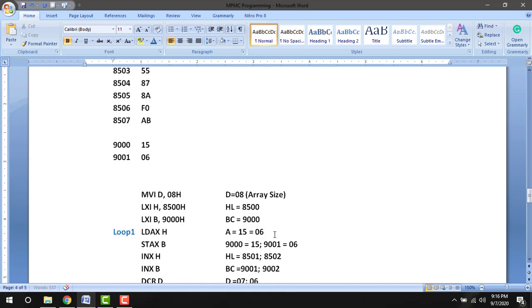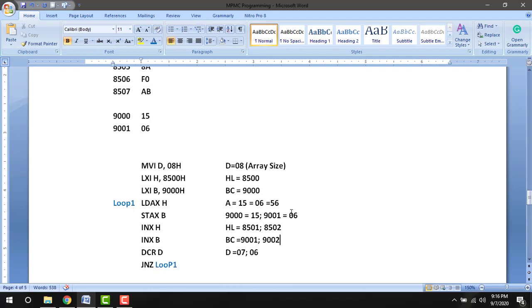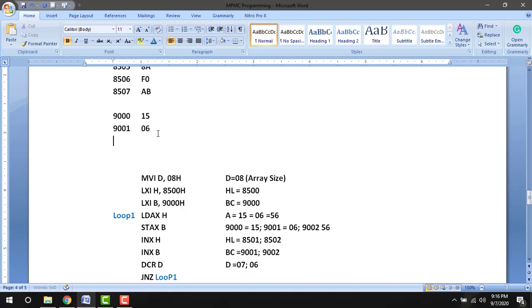The accumulator data is 56, so 56 is moved to the memory location pointed by the BC pair, which is now 9002. So to 9002 the data 56 is moved. The third data at 9002 is 56.